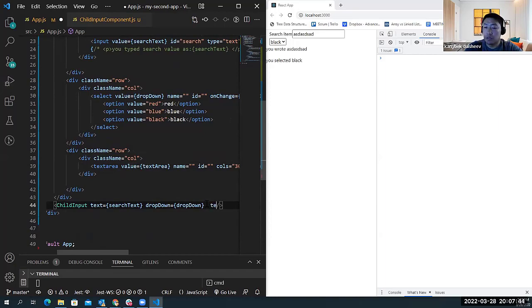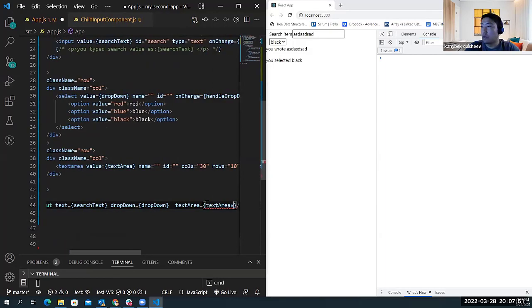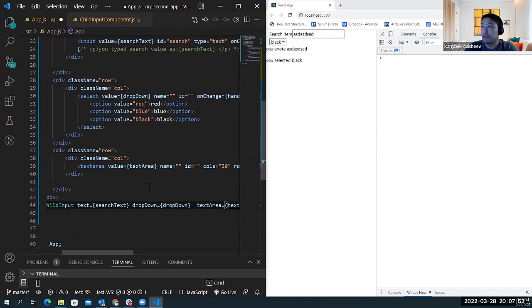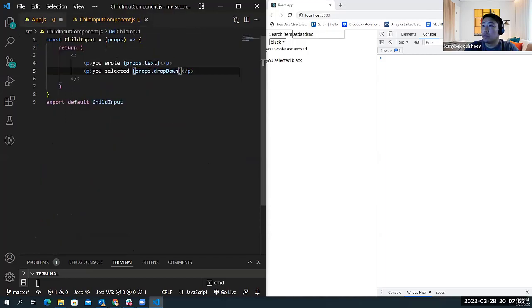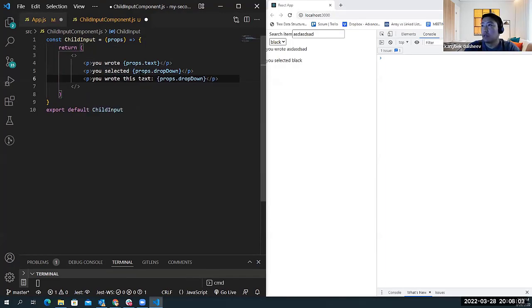So let's say textArea is equal to the same one, textArea. Okay, and inside my props, I can put here one more paragraph. You wrote this text, and just put here textArea. Save,